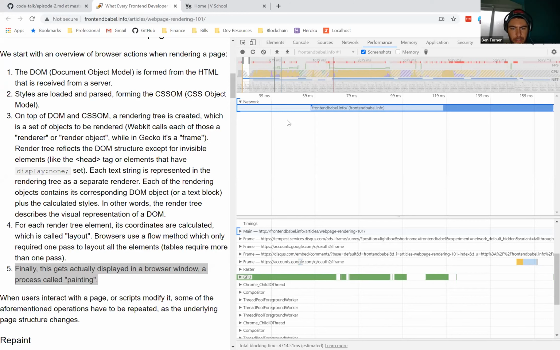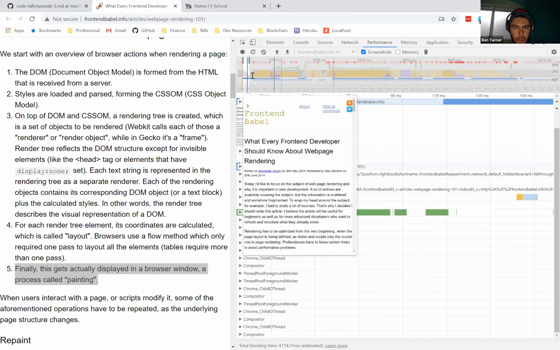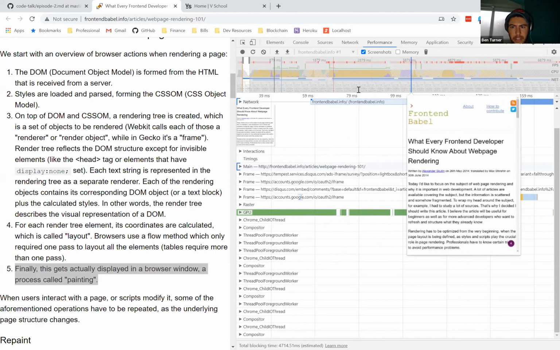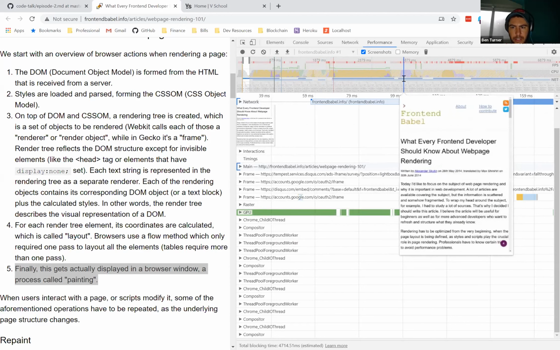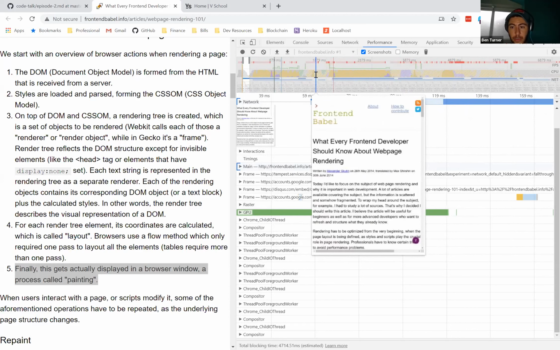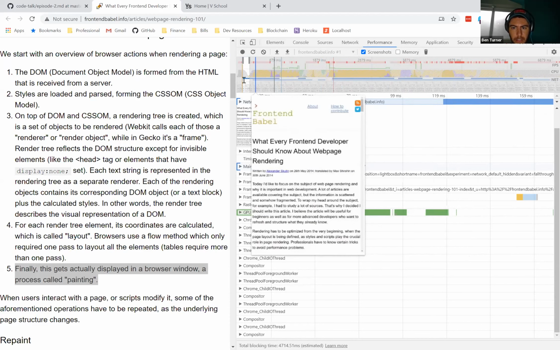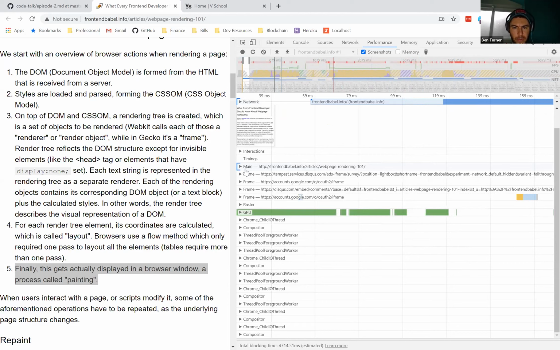Cool. All right, so that's the network stuff, more or less. Let's look at the next thing, which is this main section. Notice how when I hover over this, if I were on a more complicated site, you would see the snapshot changing over time. As you can see, when I hover over this, you can see what the page looks like at a given time, which is kind of cool. It doesn't really look that different because it's just a static site. There's not a whole lot going on. Okay, so we're going to take a look at this main section.